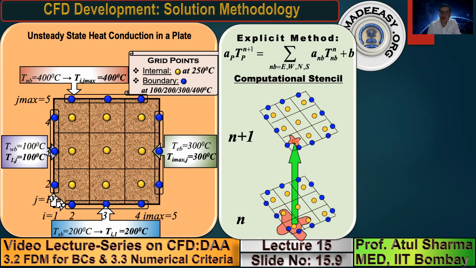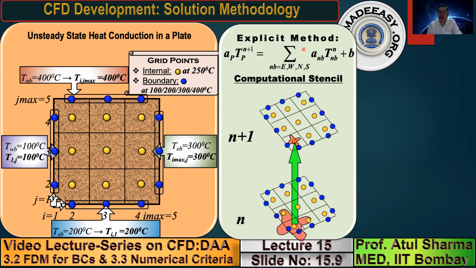But note that, as I said, we derive only one equation, but then we use a loop because we write this equation in an indicial form. In your undergraduate course you derive an equation like z equals x into y. In a computational course you derive one equation only, but that z, x, and y are in matrix form. They don't have one value, they have multiple values. So you store them in a data structure which is a matrix. So our formula is z(i,j) equals x(i,j) into y(i,j). So we have an initial representation of the formula.